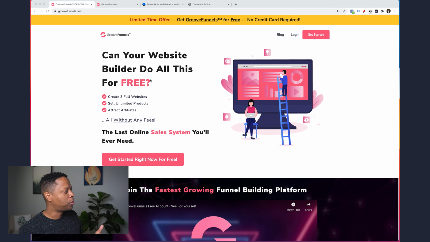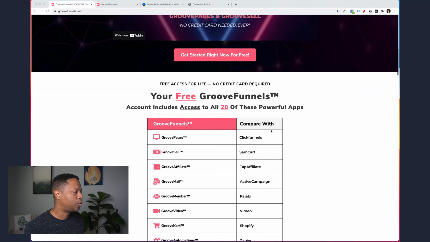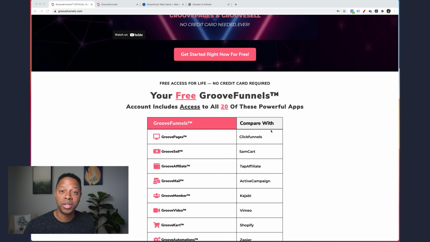You can see here, you can build websites, do it all for free. So if you're looking to do it for free, this is what you can use. One thing to keep in mind is that GrooveFunnels is still in beta. So what that means is that there's parts that they're still working on, and I wouldn't recommend them for your email. I wouldn't recommend them for some of the things that they have here. Really, all I'm going to recommend them for at this point is creating Groove pages, which would be comparable to a ClickFunnels or Kajabi landing page or ConvertKit landing pages. That's all we really want to use them for at this point. So hopefully you do have another email marketing system that you're using.